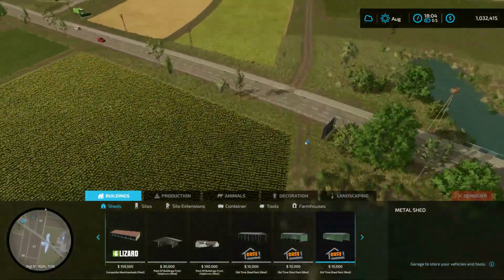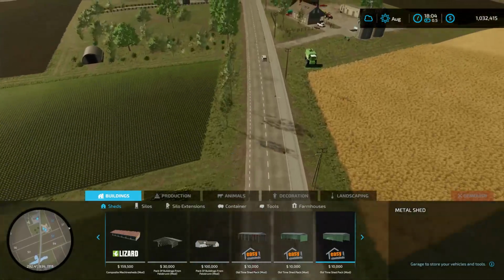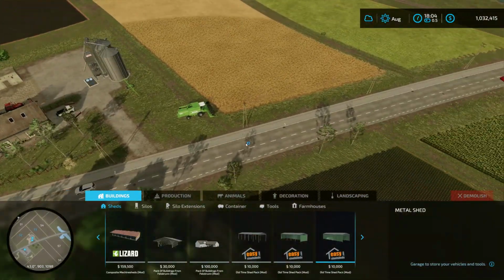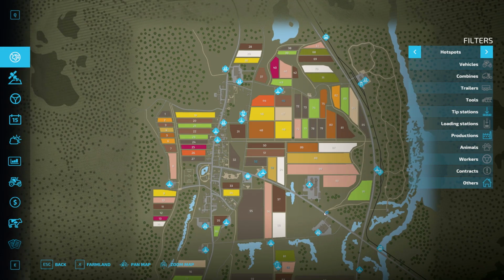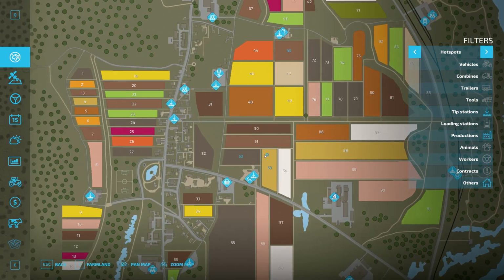Now, talking about the fields, getting back to those that I was speaking of earlier, if you've noticed something, a lot of the fields on this map, a lot of them, are very long and narrow. That actually is very conducive to potato and root crop farming. The reason is, if you think about it, taking one of these long, narrow fields, so like 50, or like any of these over here,